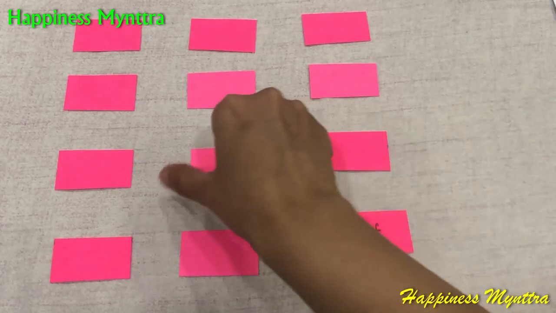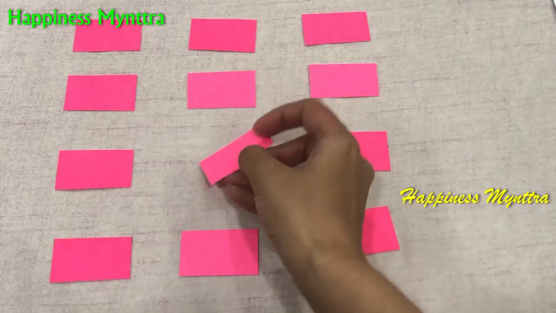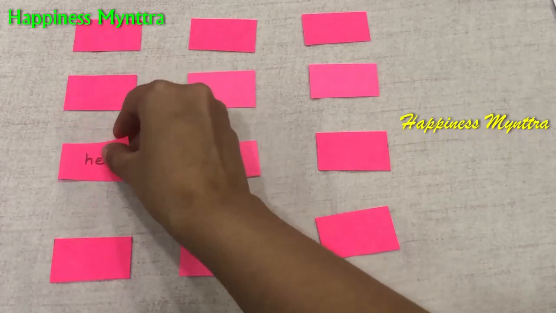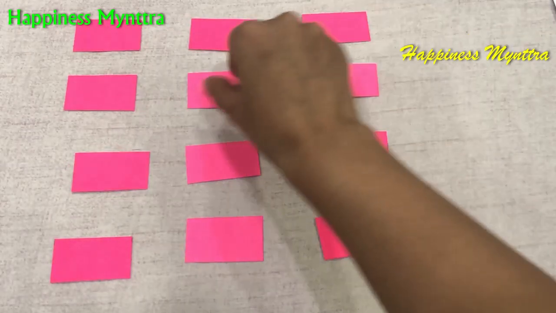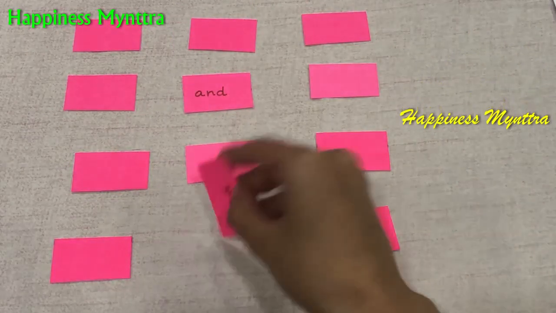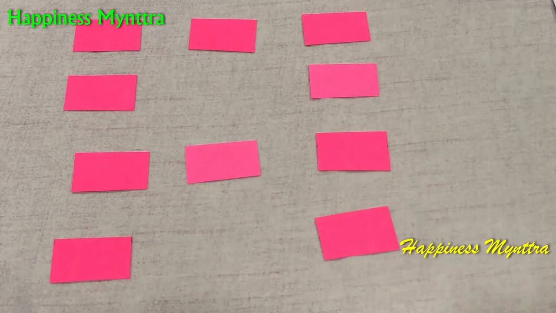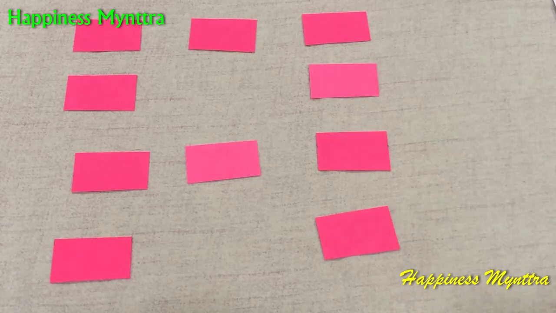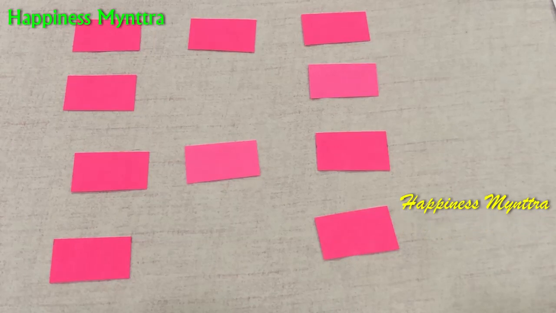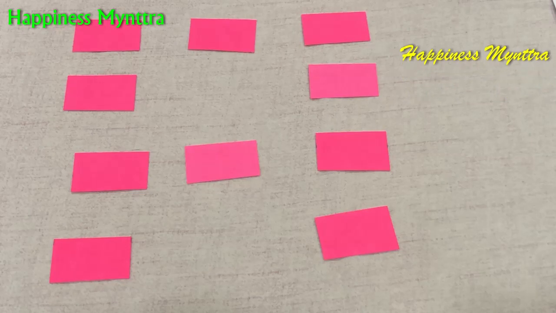So we have off and they, right? You flip them back. He, and flip them back. And we had an and here. Yes, we did. So you got the matching words and you can keep this set outside. So you have to make pairs for all the words, and the one who has the maximum number of pairs is the winner. You can take turns playing the game, or the child can even do it alone and just make sure that all the pairs are in hand.